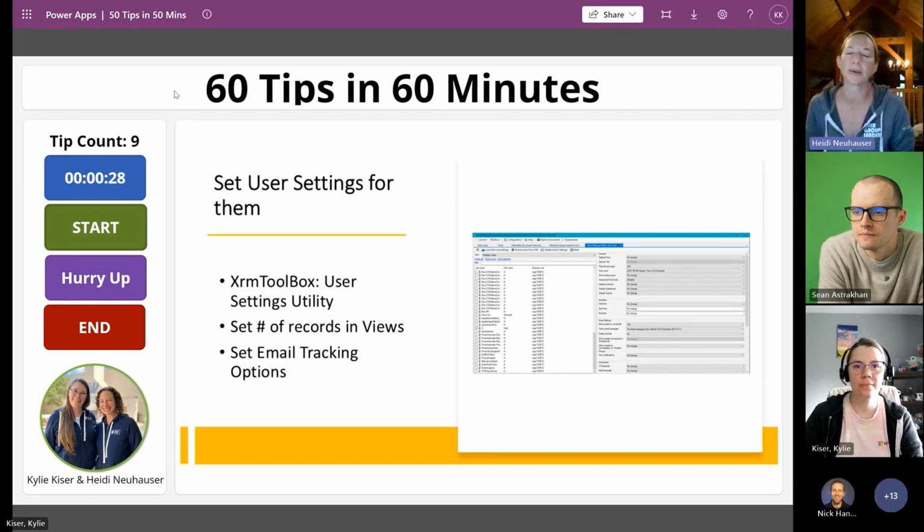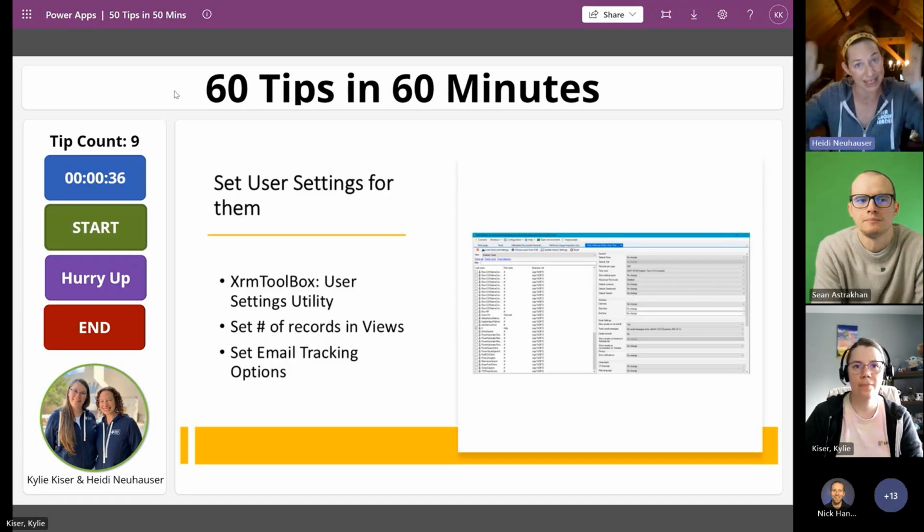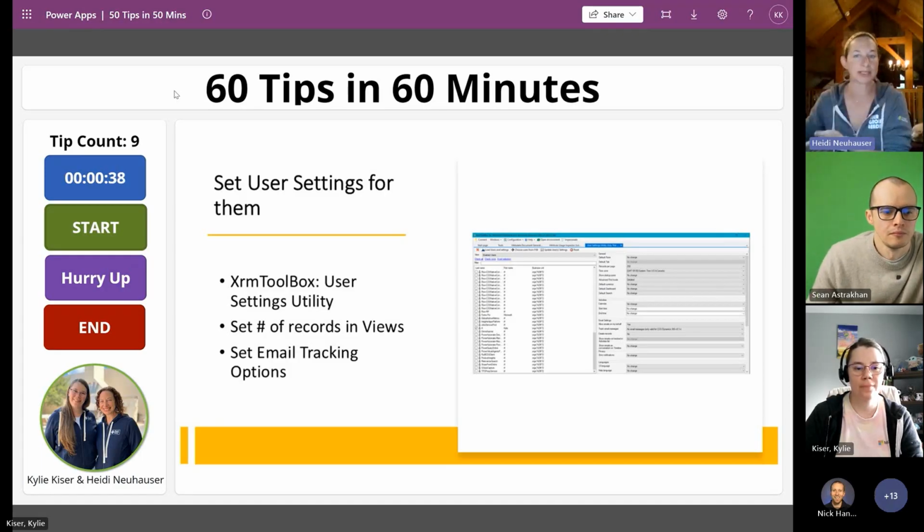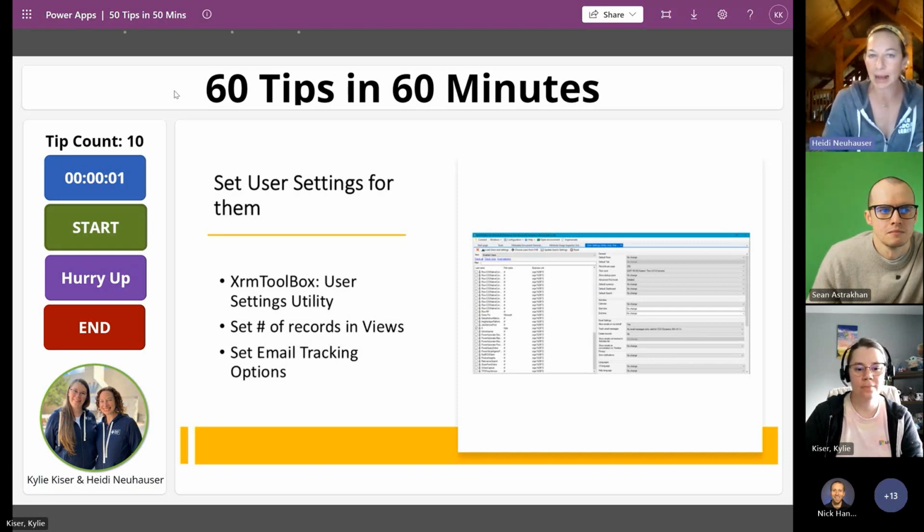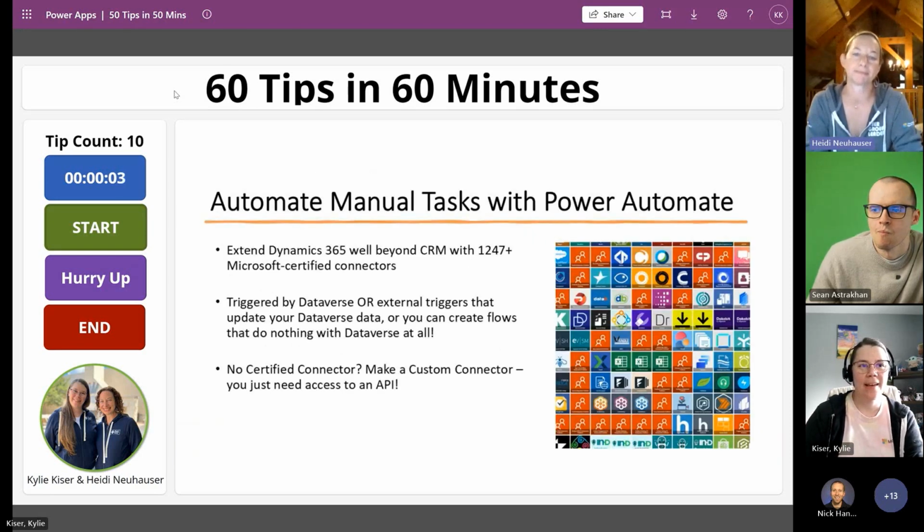So you don't have to walk them through the process of click the little gear icon, go to personal options, do all these things. Great for things like updating your time zone. If your organization is based in EST, but you sit on the West Coast and you want your appointments to show up in your local time, that's where you're going to update something like that. And there's also email tracking options like,